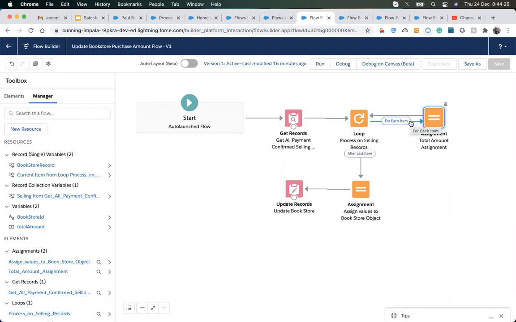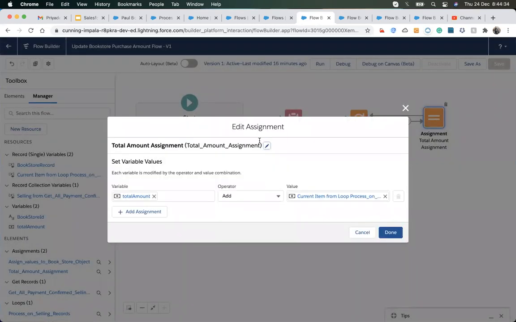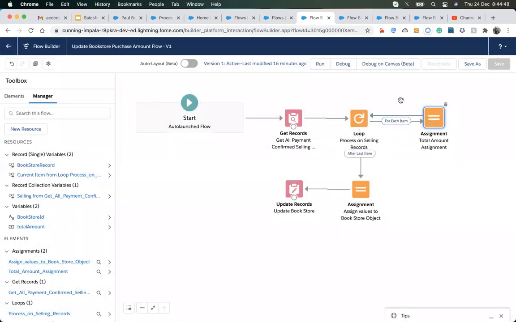It will process each element that comes in, with the loop going to happen. Each element comes one by one. Once the element comes in, I will just take out its total amount and add that total amount to the total amount variable that I declared. So it will get added, and the loop repeats itself one by one.